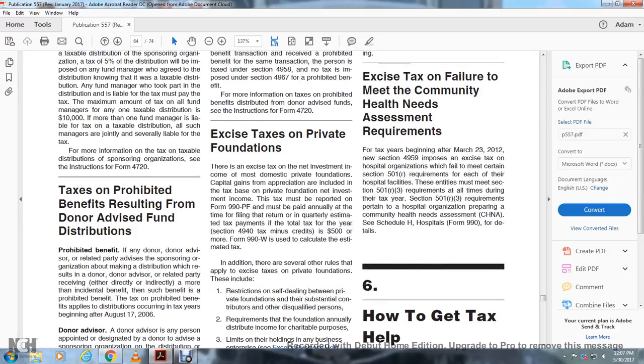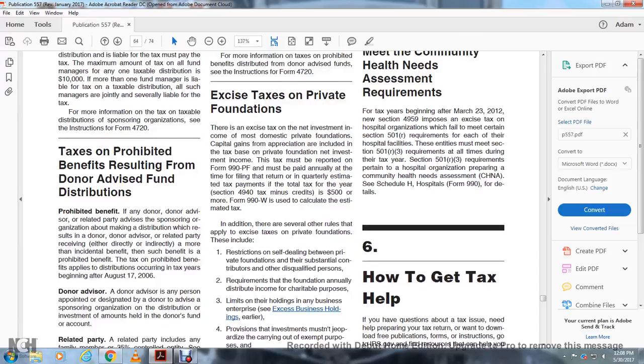Taxes on prohibited benefits resulting from donor advised fund distributions. A prohibited benefit is any distribution from a donor advised fund that results in a donor advisor or related party receiving, directly or indirectly, more than an incidental benefit. Such a benefit is a prohibited benefit. The tax on prohibited benefits applies to distributions occurring in tax years beginning after August